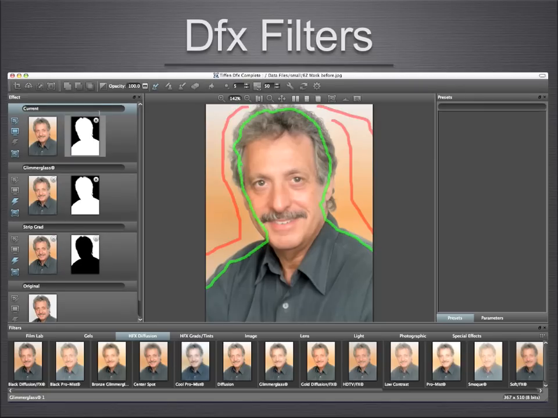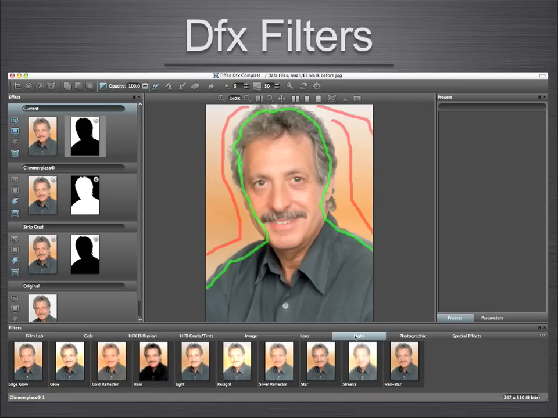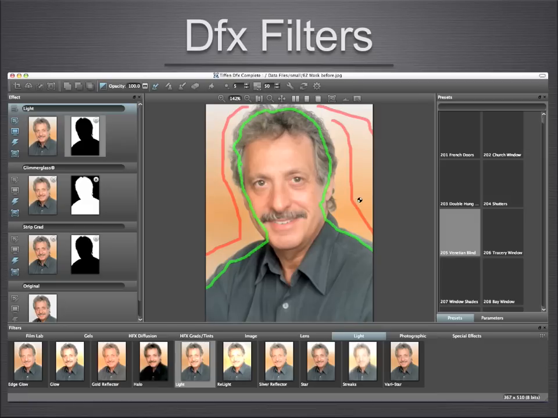In this case, we're going to select from the filter menus below Light, and then click on the subcategory Light again. You've got hundreds of gobo effects to choose from,